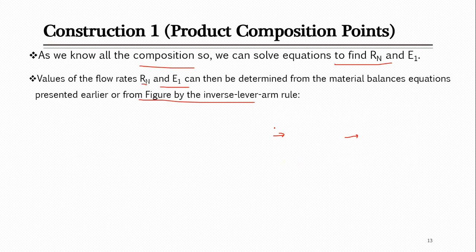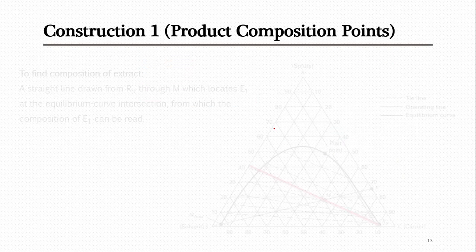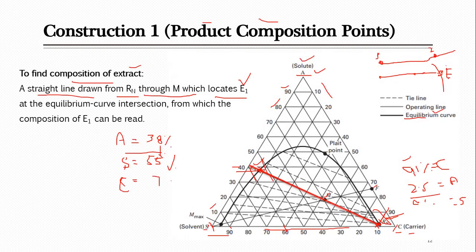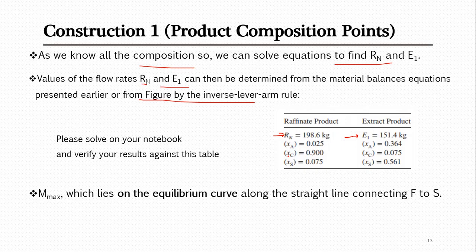So how will you use that method? In order to use it, you will use some equations. Those equations can be found as I explained in the last lecture, or you can consult the book, where he has provided them. But you will need some lengths, and those lengths can be found with the help of a ruler. You can place a ruler on this diagram and find the lengths from E1 to M and then M to Rn and the overall length, and these can also be used to find the values of M, E1 and Rn.